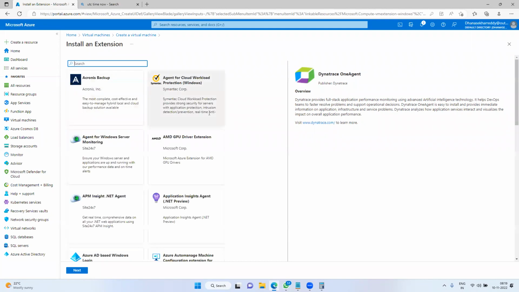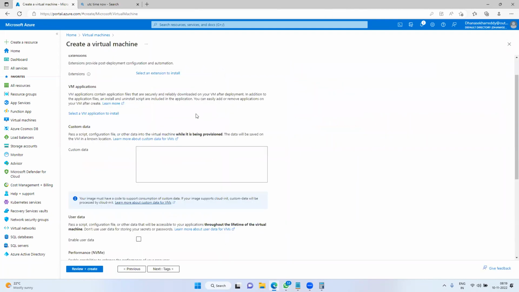All that you can add as extensions. Apart from that, here you can write a script. For example, I would like to install IIS while provisioning the virtual machine itself. So what I will do is install Windows features, web server. What is that?